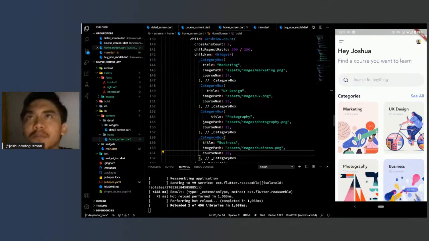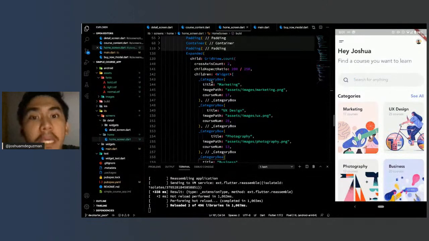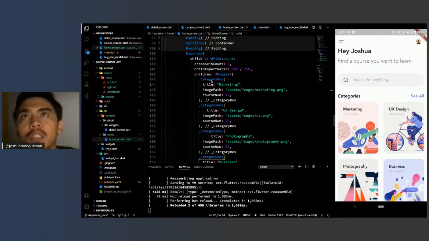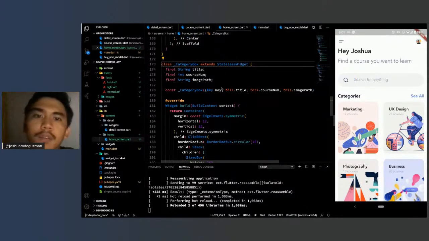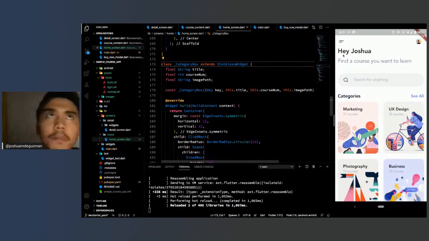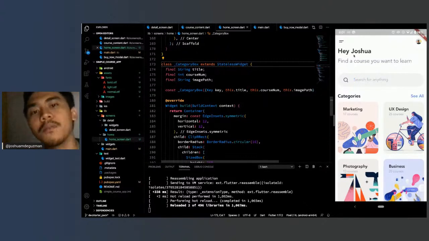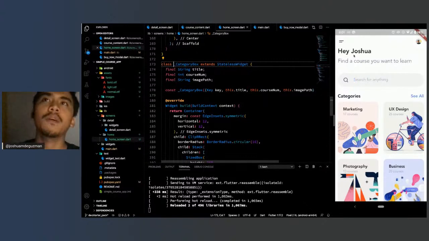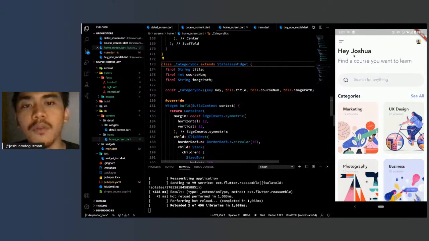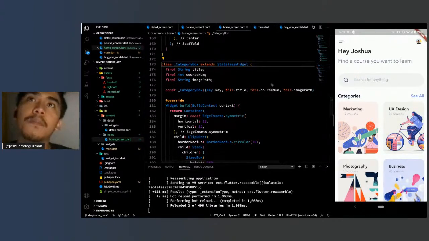So here, instead of using Image.asset, you've created your very own widget in Flutter. A good thing about Flutter is that it's composable. For example, if you want to create a separate app bar widget, feel free to create one. If you want to create a title widget, feel free to create one. Nothing is stopping you from the framework to do it. It just depends on how you would normally standardize a process in your team.